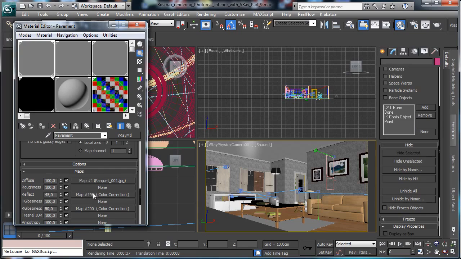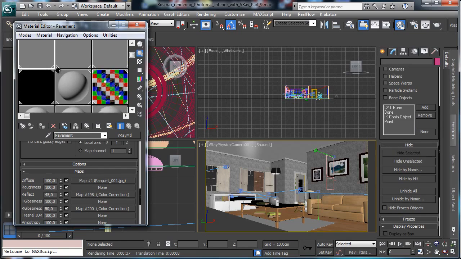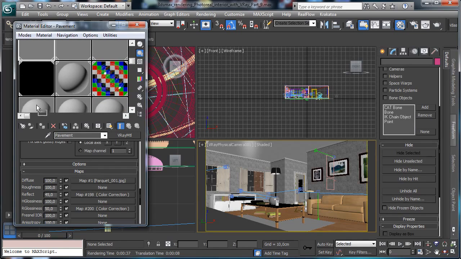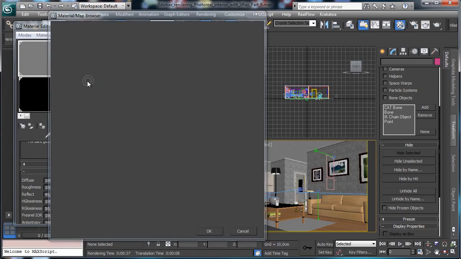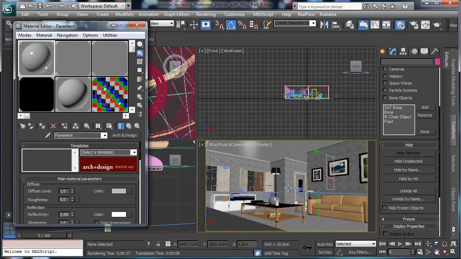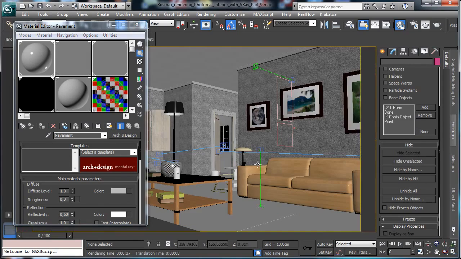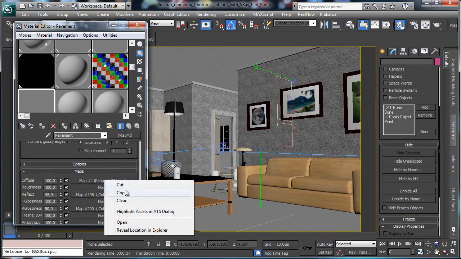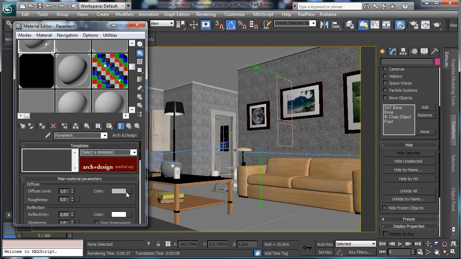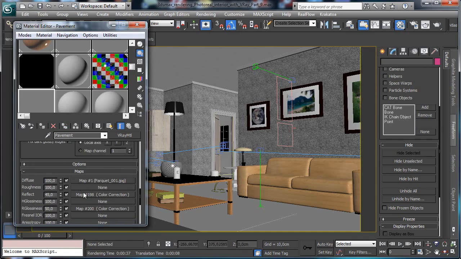So this one is the parquet, you see, so we can make a clone there, so we have all the parameters needed, and then we start back to have the right material. So it is an Arc and Design, and obviously we use the same map we are using there, so it will not be so slow to make all the changes. And let's do this one. Then we need also the reflection map,